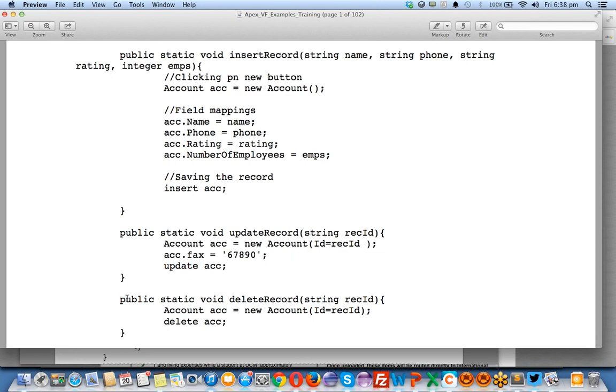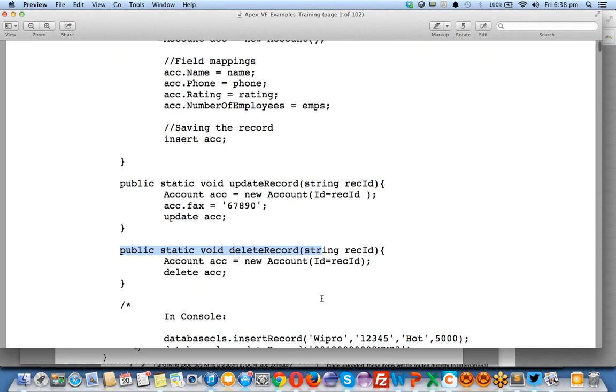The same way, there is a delete method also. For delete also, I need the record ID. Update, delete, everything needs a record ID. Insert doesn't need the record ID because you don't have it before inserting the record. Only after insert will you receive the record ID.